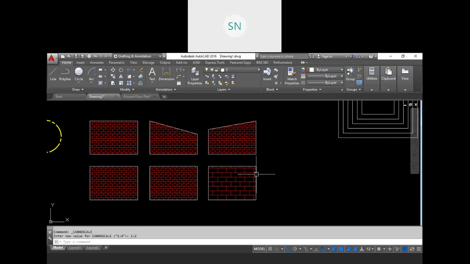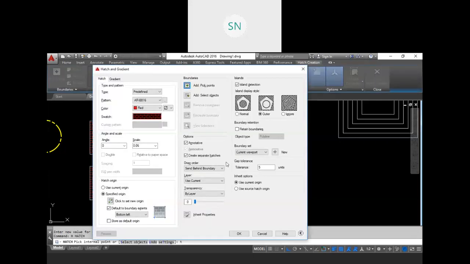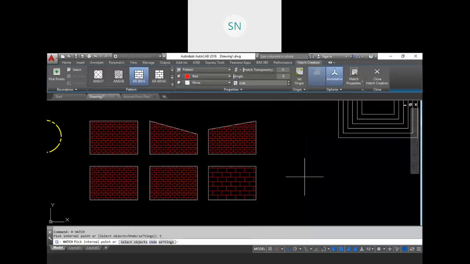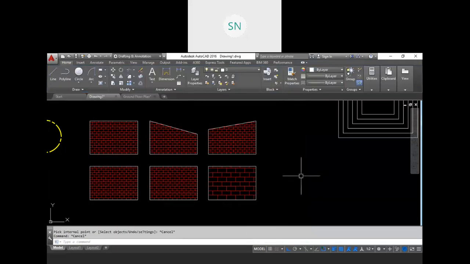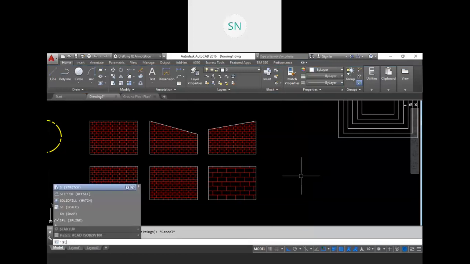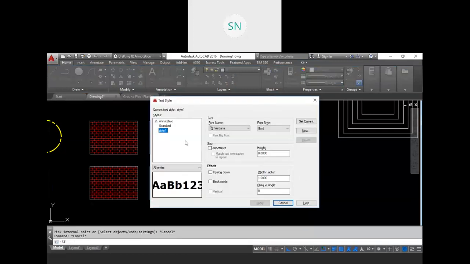The first one is this hatch, right? Go to the hatch setting. Here we have annotative facilities. The second one is text. Go to the ST text style and see, here we have annotative text also, and you can turn on this annotative feature in your text. Then set it current. Okay.